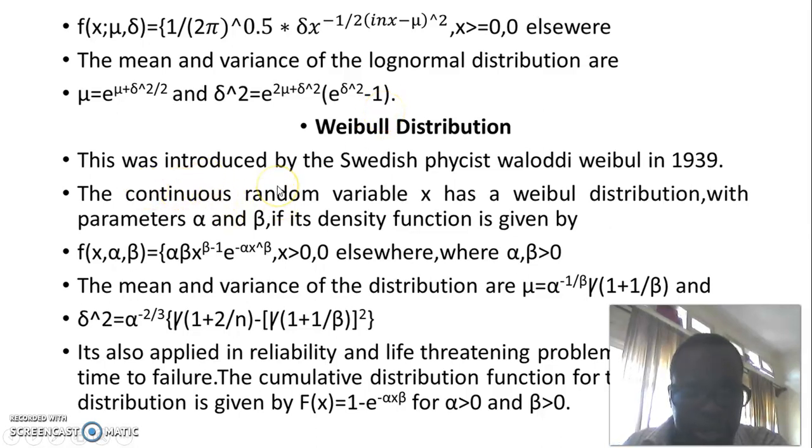The Swedish physicist Waloddi Weibull in 1939 introduced the Weibull distribution. The continuous random variable x has a Weibull distribution with parameters alpha and beta if its density